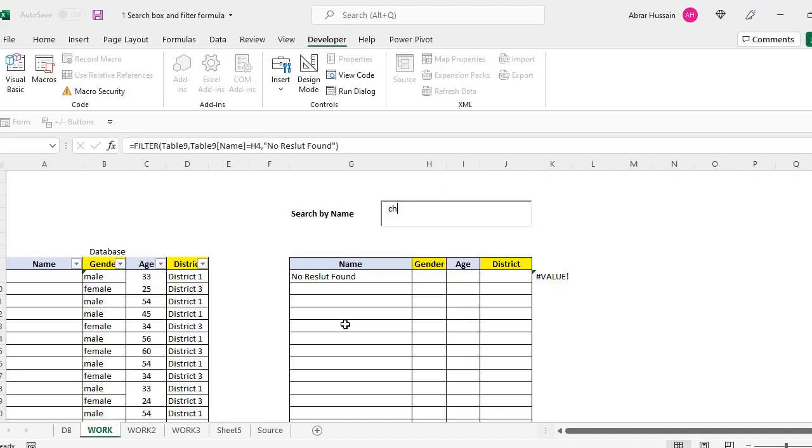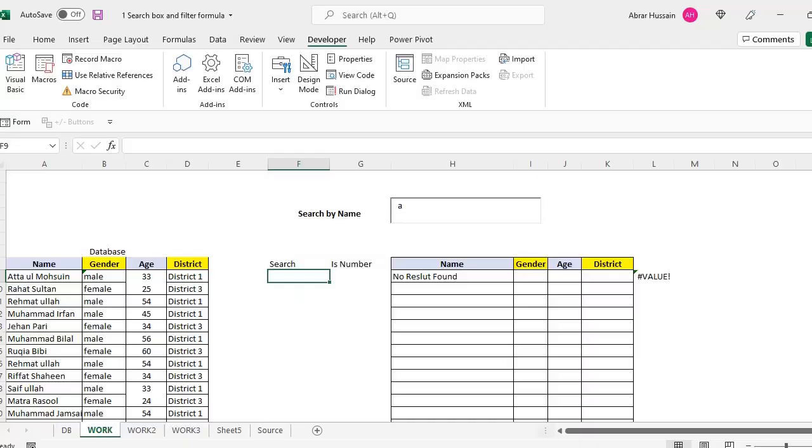So if you want it to be more advanced, and it should give you something that when you type just the first 2 or 3 letters, it should be filtering the information in this table. Then you need to add 2 more formulas. For that you need to add this search and is number formula.